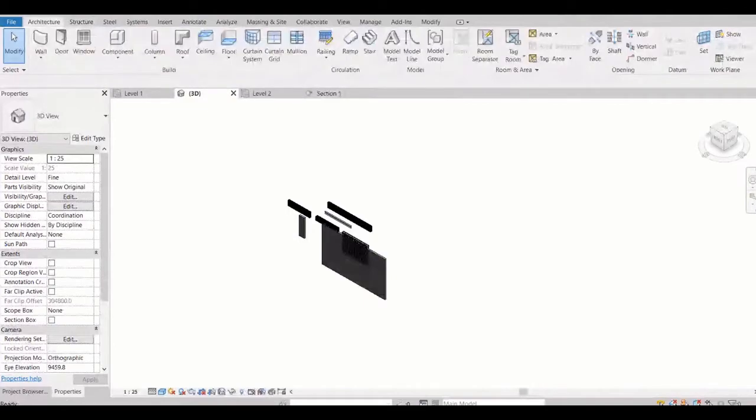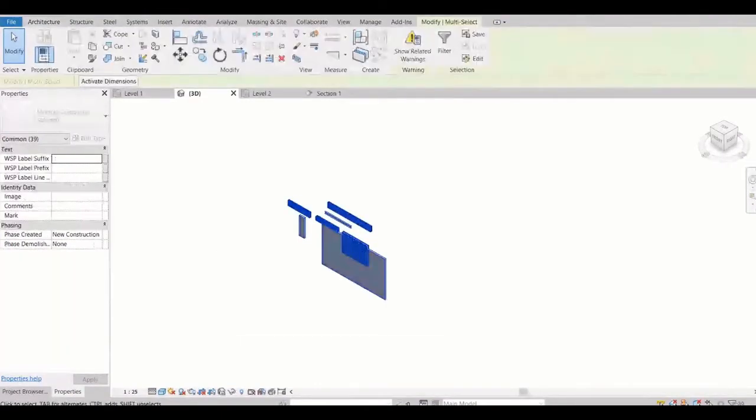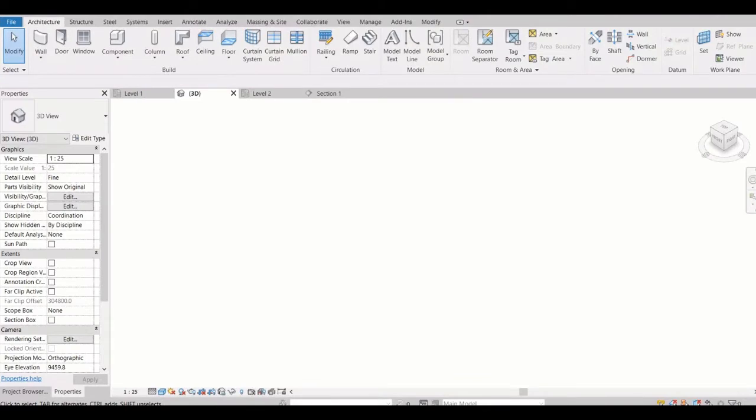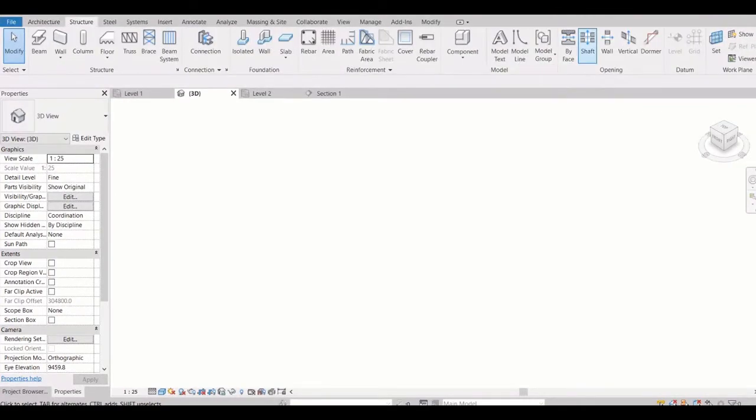Now we'll move to the next part. Whenever we start any project, what do we need? First, we need grids, right? So where do we have a grid? Go to Structural, and you will find the grid over here.